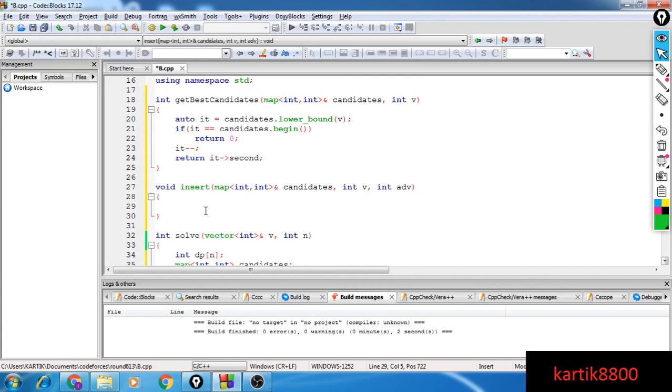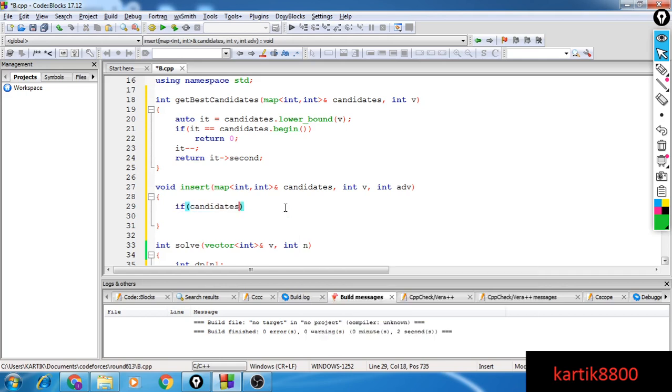Okay, so I'll say candidates at v equals ADV, unless there was already an element having the value v and providing the same advantage. That is the only case in which I don't want to do this.